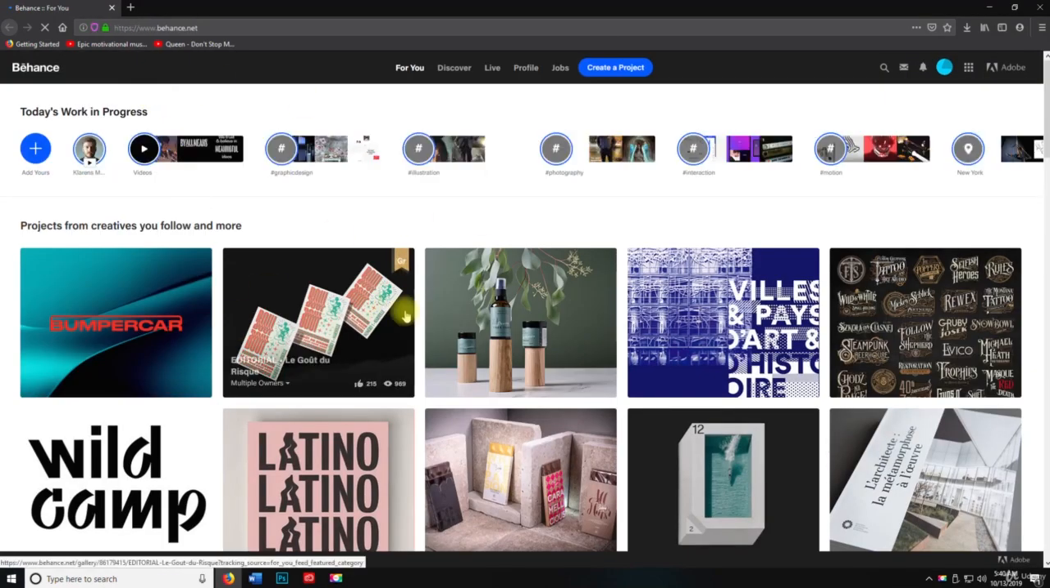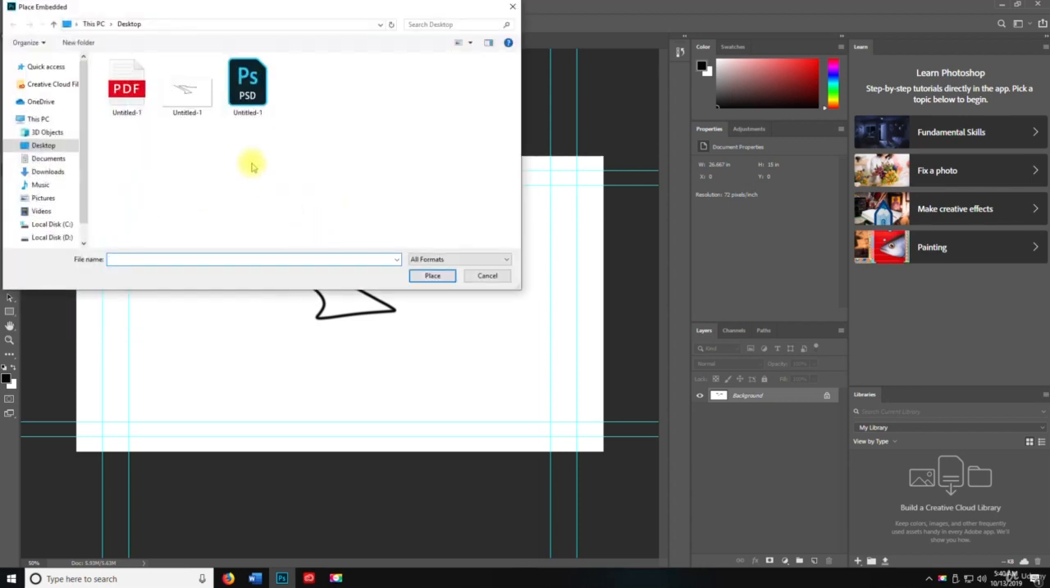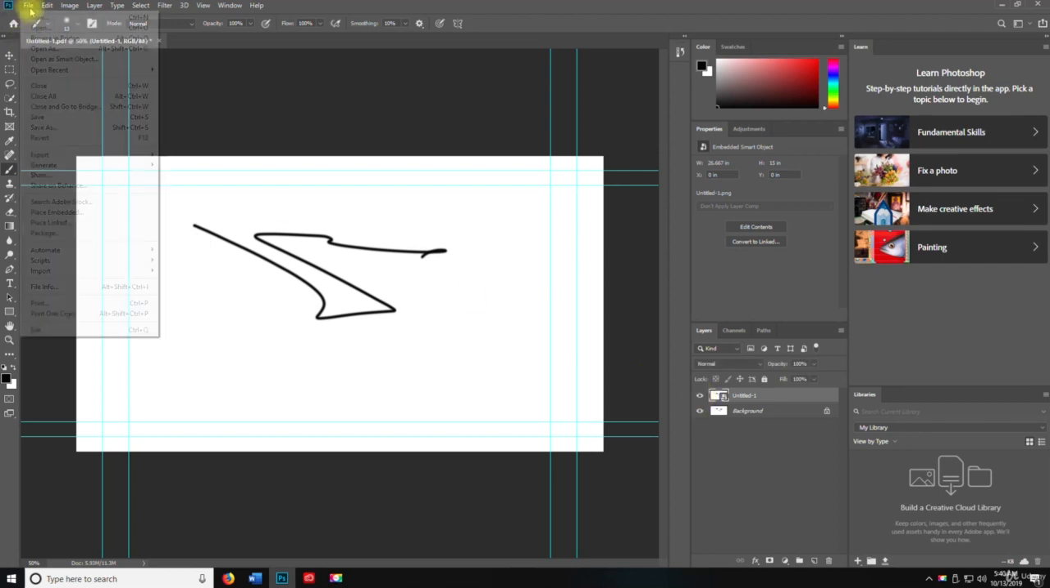We can share on Behance. So we can upload here. I'll close that. This is share on Behance again. We can search Adobe Stock, place embedded, place linked. So these are just files that you can bring in, and then what it's going to do is make a layer of it. So you see how it's the same file, but